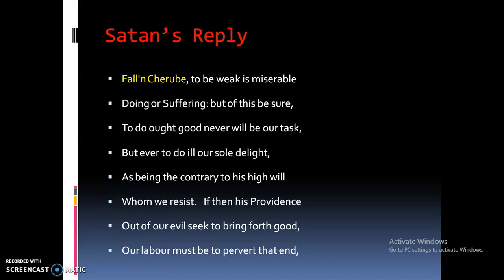So this is what Satan wants. He, along with the fallen angels, wants to annoy God. He says we have to invent new paths to change this evil out of good, and in this way we have to succeed in annoying God, thus diverting the purpose from its intended end.